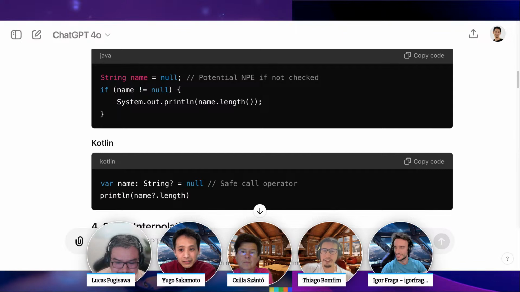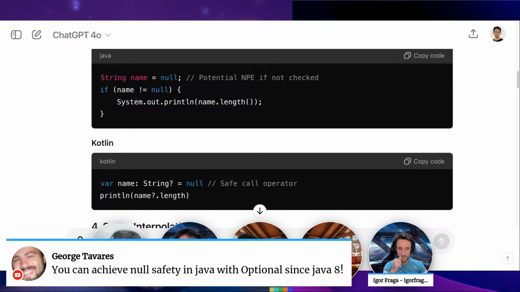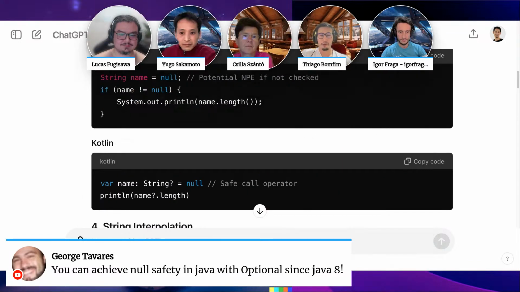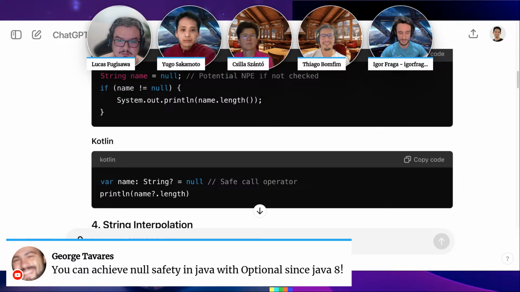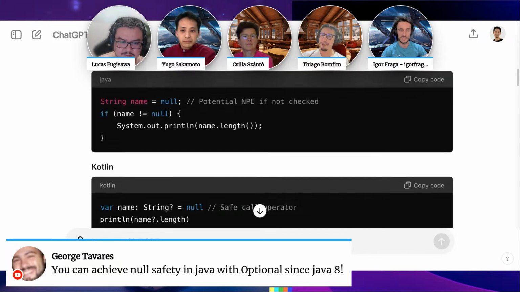Josh Tavares mentioned one thing in the chat: yes, with Java we can use Optional. It works, and we should use Optional instead of returning null in a method, for example. However, in Java it's probably much more verbose than Kotlin, because in Kotlin it's just a question mark, right? If you use Optional, you need to use dot map and things like that, or ifPresent. You would need to put Optional everywhere. It doesn't work everywhere if you return null, right?